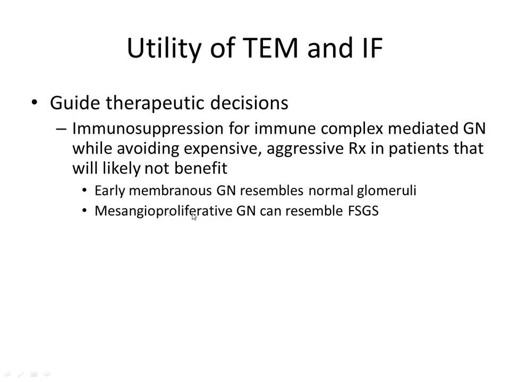Similarly, if you have immune complexes in your mesangium, sometimes it'll cause expansion of the mesangium and even sclerosis of the tuft. And I apologize for some of the residents that haven't seen this FSGS acronym, but it stands for focal segmental glomerulosclerosis. I need to make sure I define my acronym, so I apologize for that. What it means is that a part of the glomerular tuft is sclerotic.